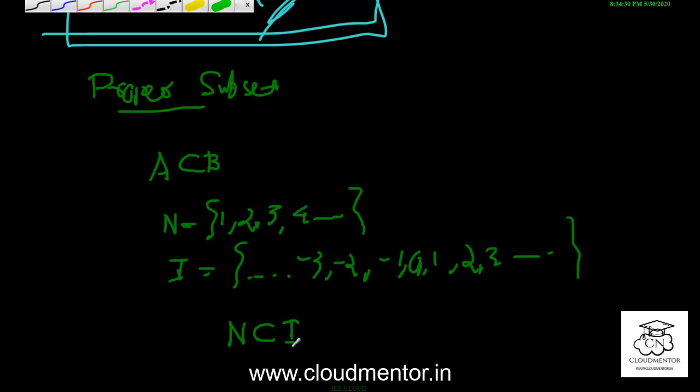Note that if set A has n elements, then the number of proper subsets will be equal to 2 raised to n minus 1. That must be noted. Okay,